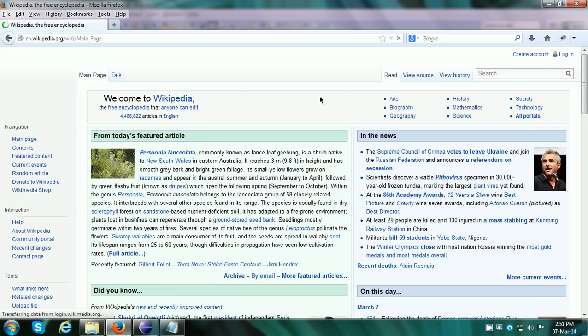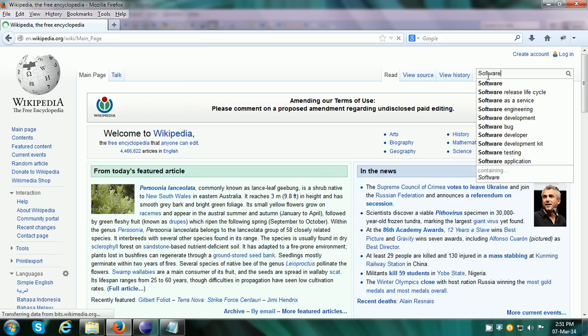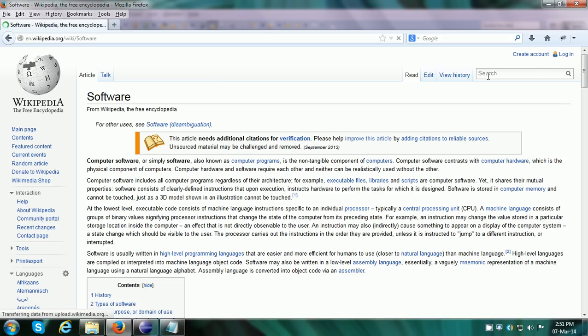So this is the main English page of Wikipedia. So I'm going to search for software and submit this page. So since software has just one article in Wikipedia, it will directly take us to the software page. And then I want to close the browser. So this is what we are trying to achieve today. Now let us see how we can accomplish these user actions in Selenium WebDriver.